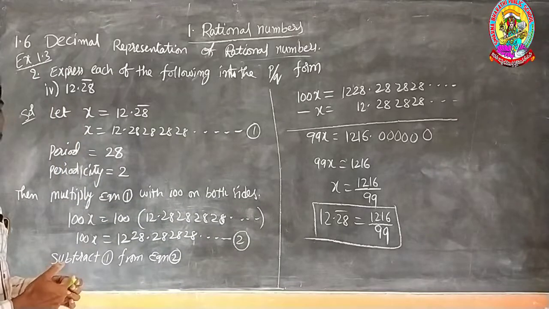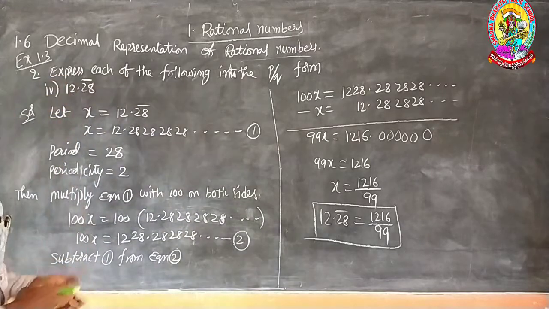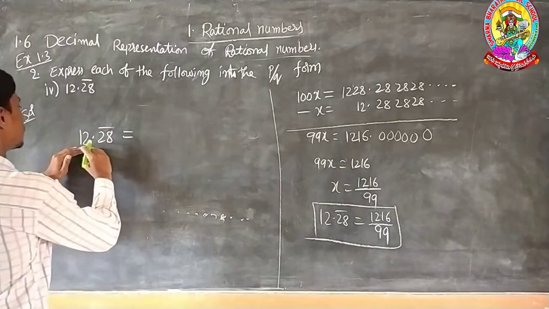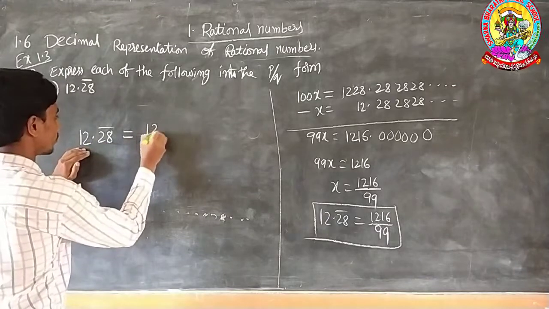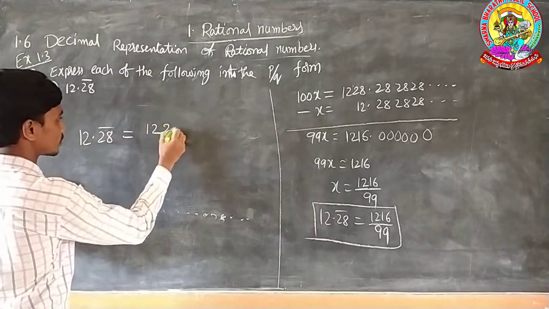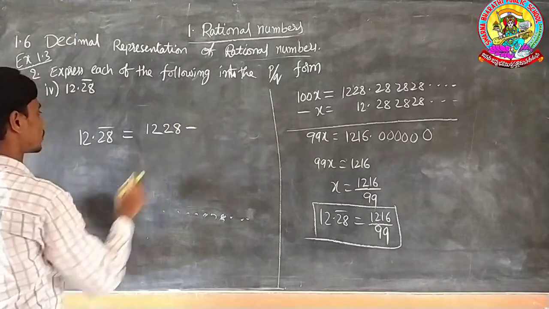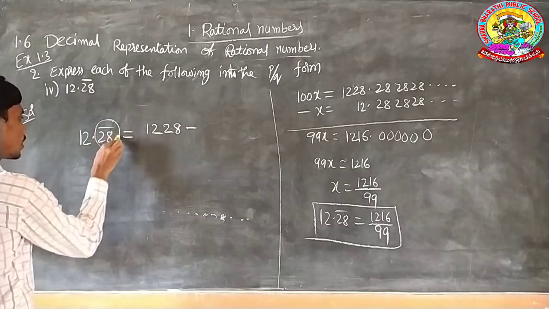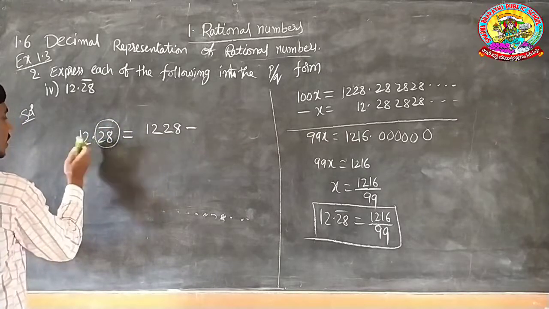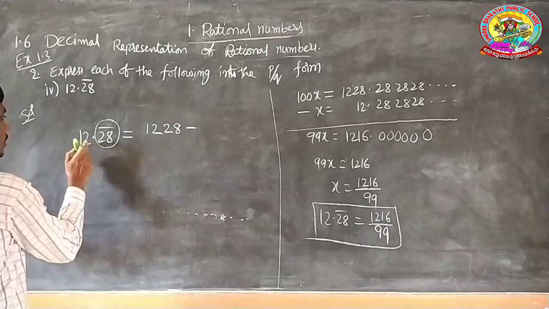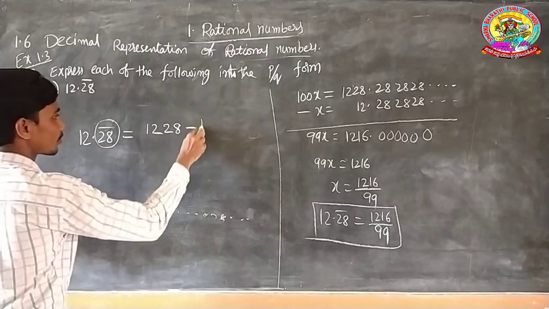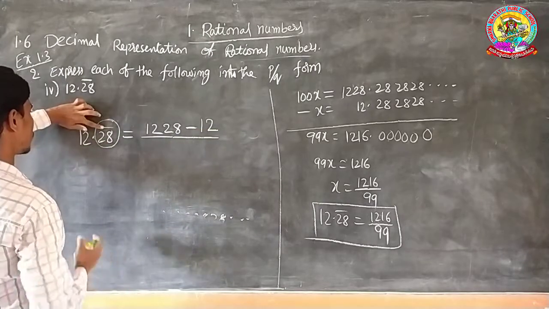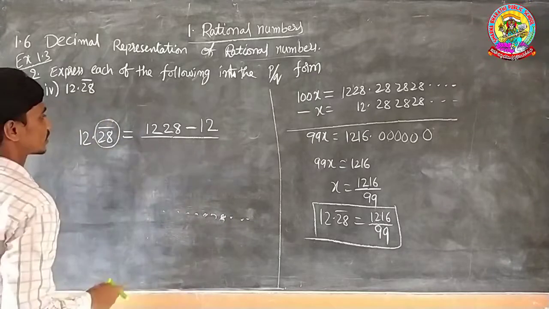Here is a simple trick for when the same sum, 12.28 bar, is given for a bit. Take the whole number by removing the bar and decimal point. That number is 1228. Then subtract some number. What is that number? The number before the bar, if there is any. Here before the bar there is 12. So that number you should subtract from the whole number. If only the bar is there, you should subtract 122, like this.